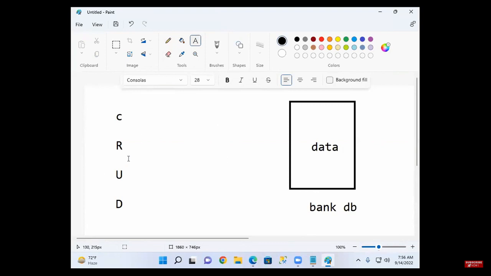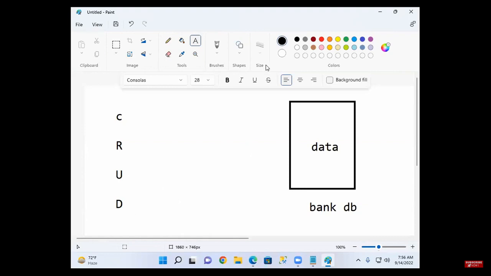The customer deposits some amount, so his balance is updated. The customer wants to close the account, so it is deleted. So any organization you take, any database you take, the day-to-day operations are four.